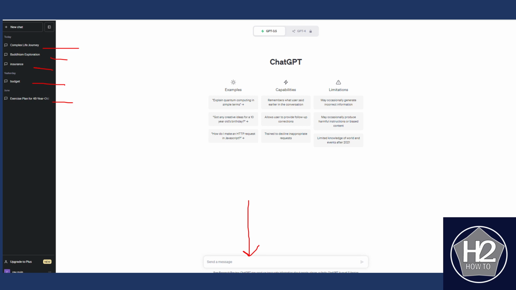Again, if you never use ChatGPT, you're just going to type into this particular window, and then you're going to ask it to do whatever it is that you need it to do. And it's going to give you some responses. I have to say, the more specific you are with these prompts, the more effective it's going to be. And it also considers one of these particular pages or these chats. Once you become familiar with it, it definitely seems to